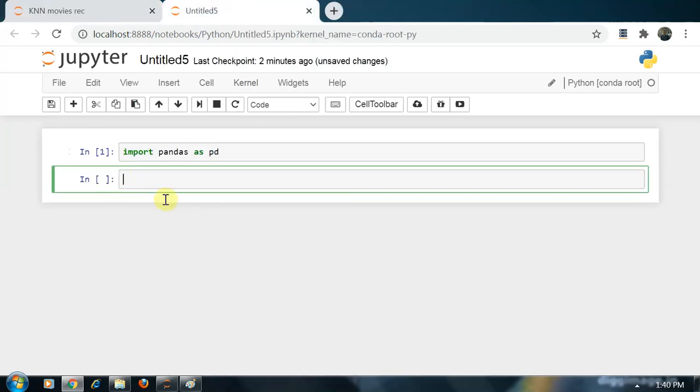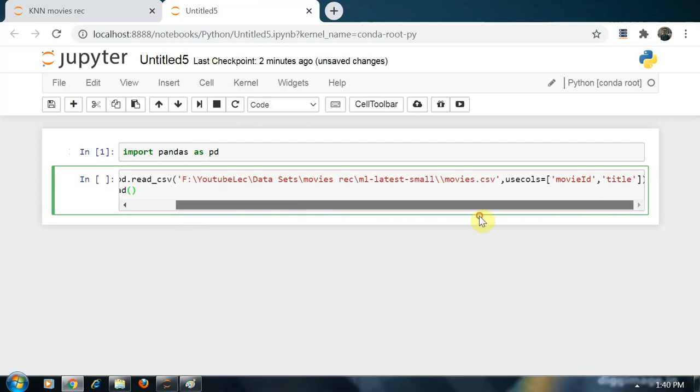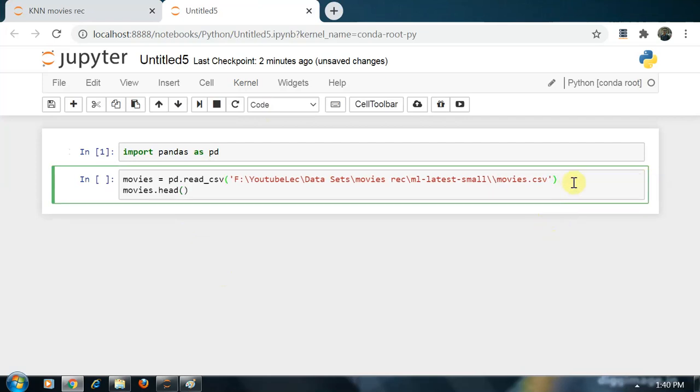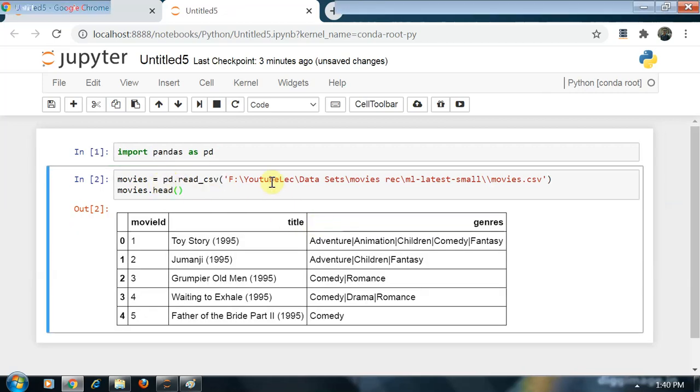First I will show you what the data set is. I am reading the CSV file with the pd.read_csv method. I am just showing 5 rows of the data set and storing the data frame in movies data frame.